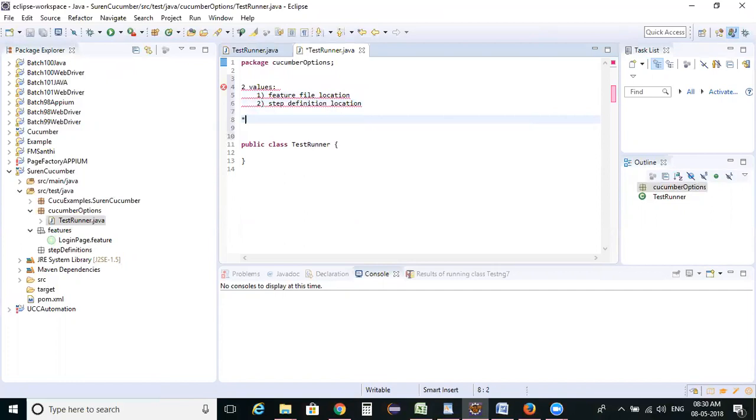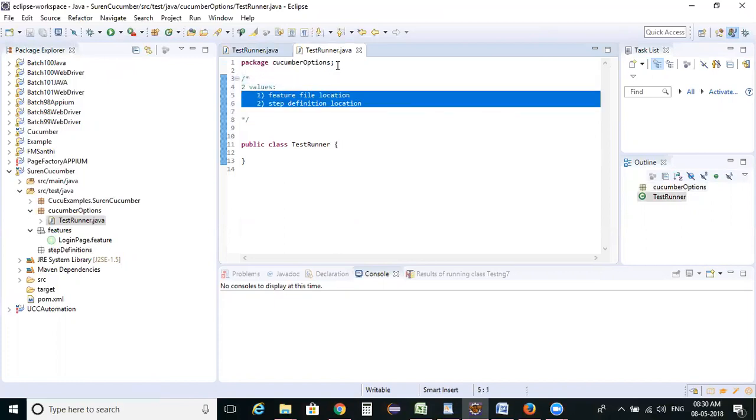These are the two values we need to pass to this test runner class. The reason is that it needs to pick the feature files, and for every step in a feature file, we need to define a step definition.